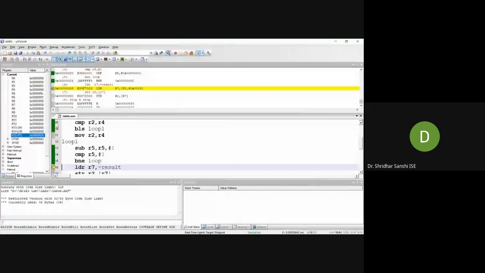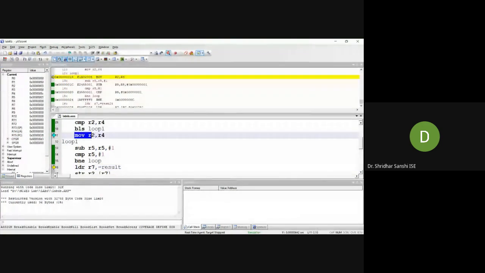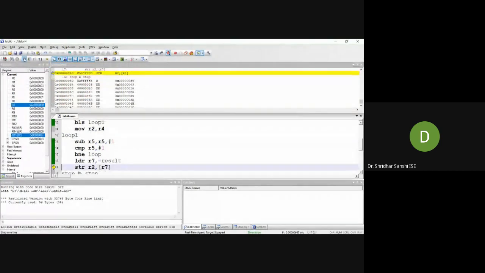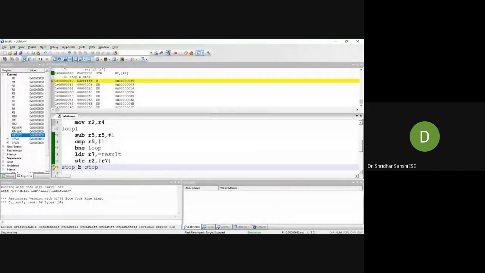Then we have the result in register R2. You can see the smallest element is 2. There are no other values, so we have not executed this instruction. The result will be 0, 3 that we are storing into memory. So it will loop here only.